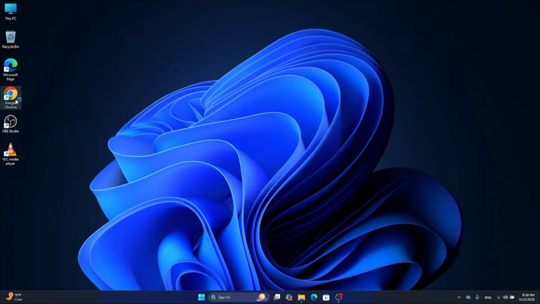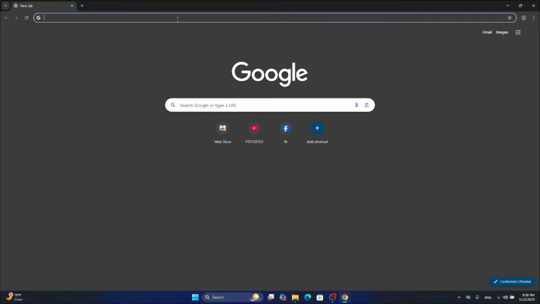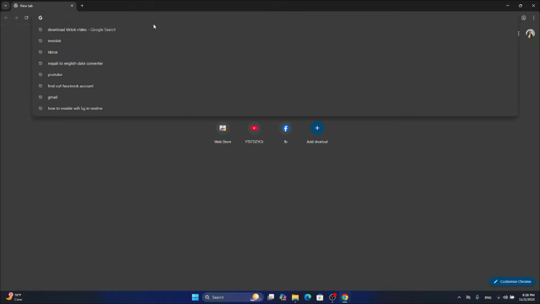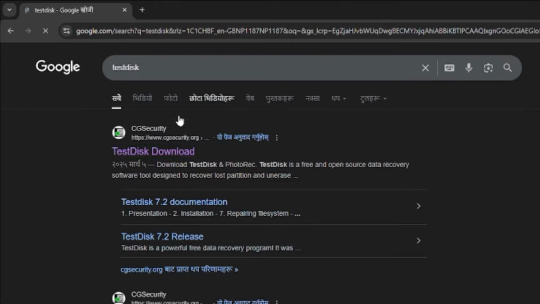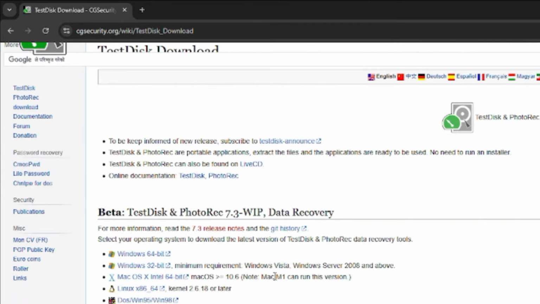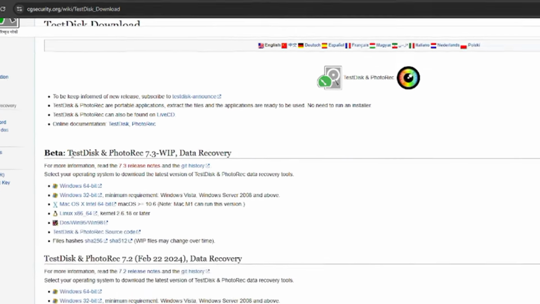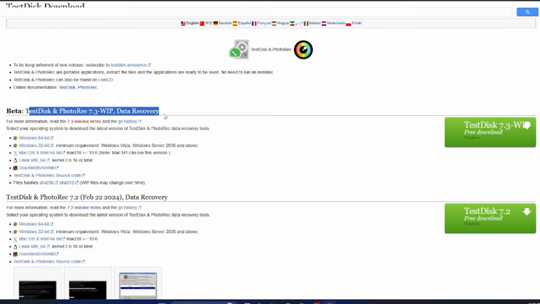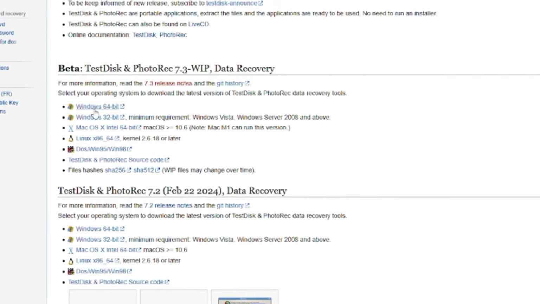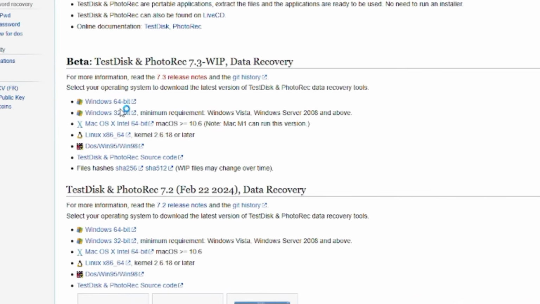First, go to the Chrome browser, connect to the internet, and type there TestDisk, then click TestDisk download. On the first side you will find PhotoRec. Just click here to download, or you can choose from here Windows 64-bit, 32-bit, Mac OS, Linux, DOS, like this. I'm going to download Windows 64-bit. Click here